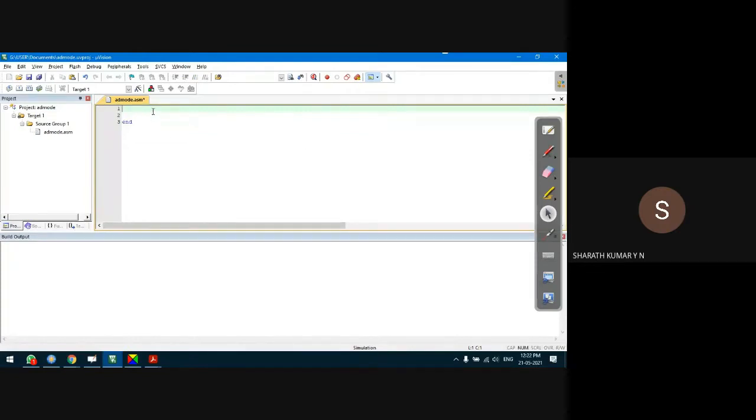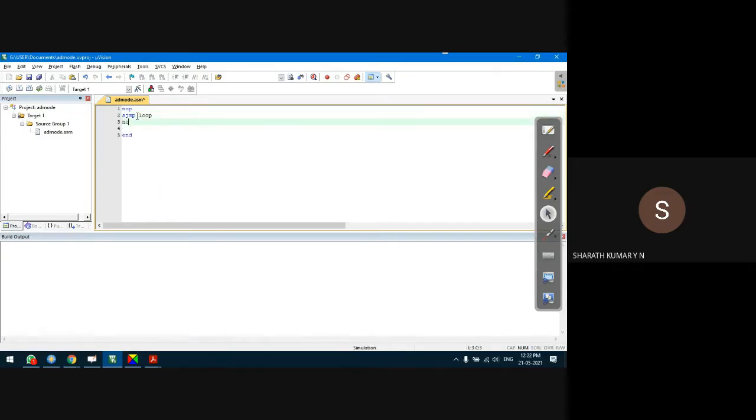Let us say we have written some instruction, let us say NOP. What is NOP? No operation. This is like a placeholder. It doesn't perform any operation, but it is considered as an instruction. Let's say SJMP L1, or let us call it loop.